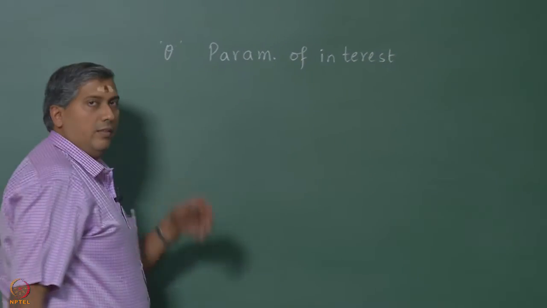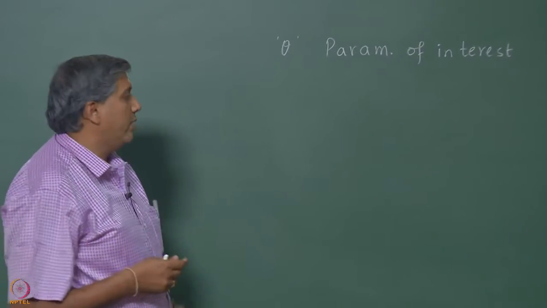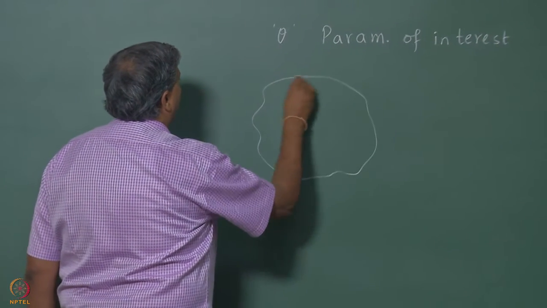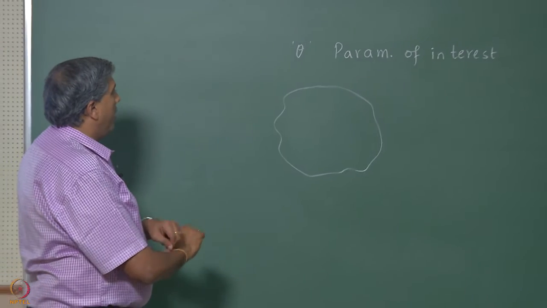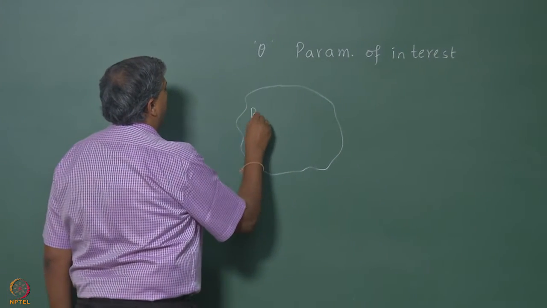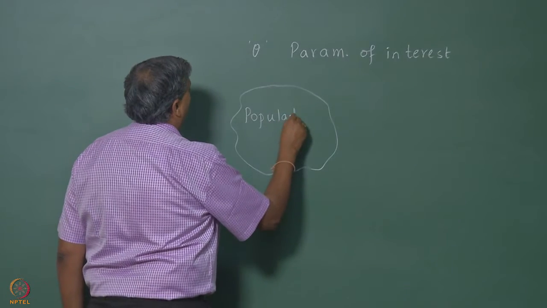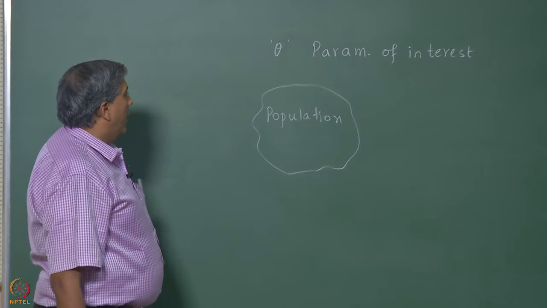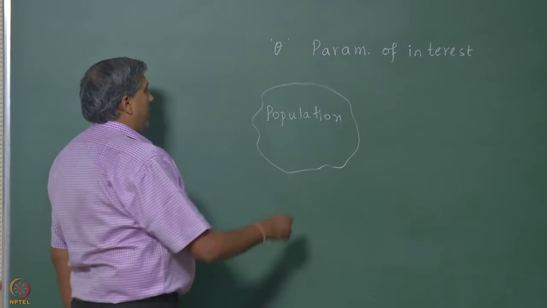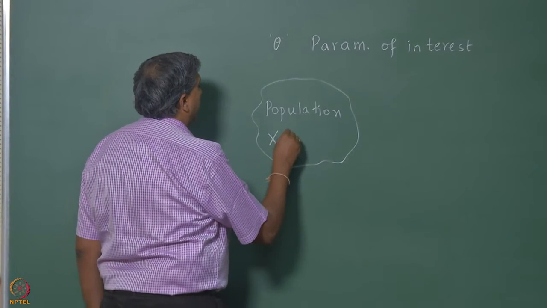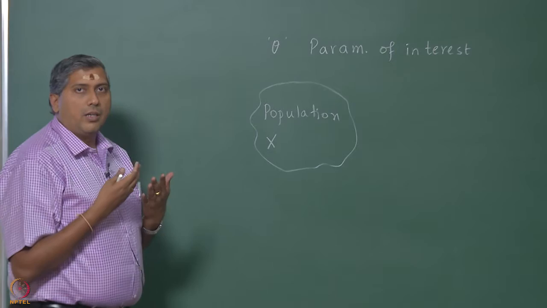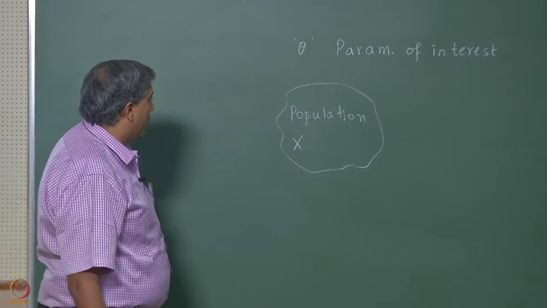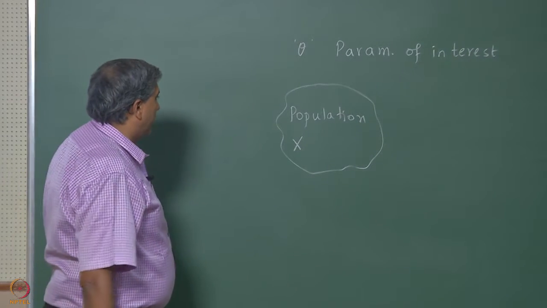So, what does this theta denote? Where does it all come from? Well, we said there is a random phenomenon which is characterized by a PDF, and we use the term population to denote all possible outcomes of this random experiment or random phenomenon, and this population is characterized by this random variable x. Let us say this could be our solid propellant burning rate, or maybe the diameter of a nylon connector, or anything else as well.